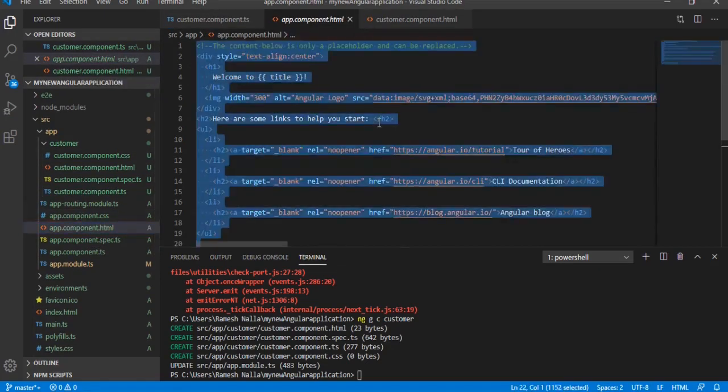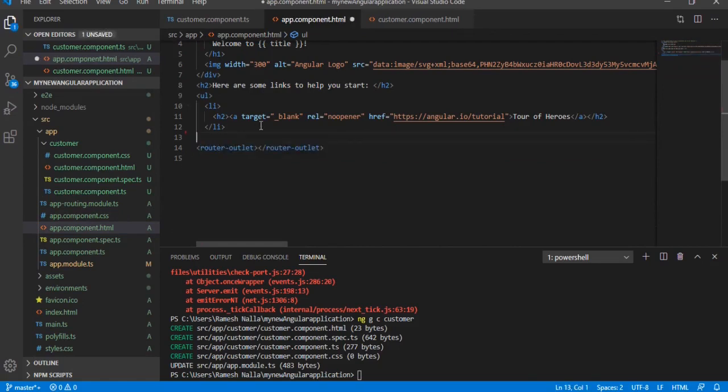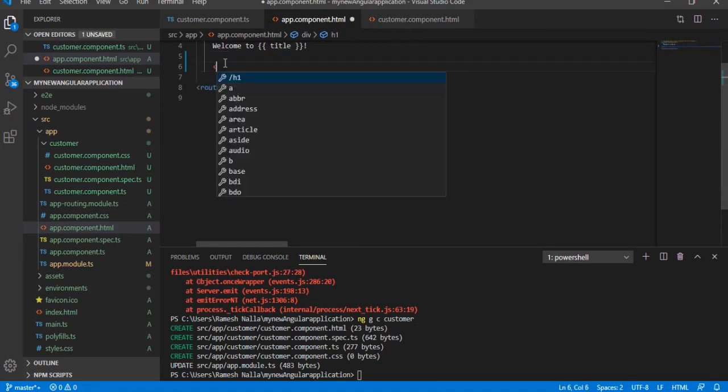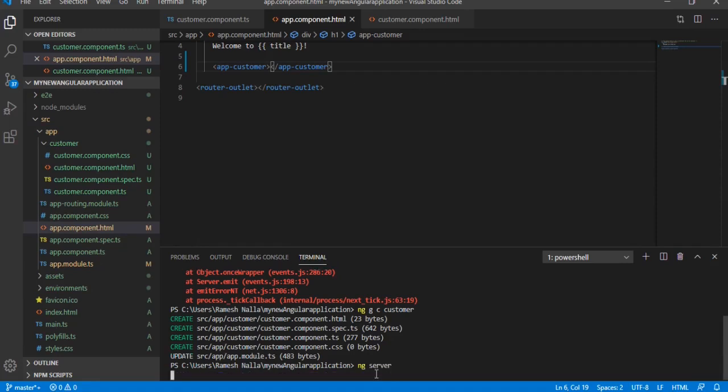I'm deleting the app component, saving, and then go and build the application.